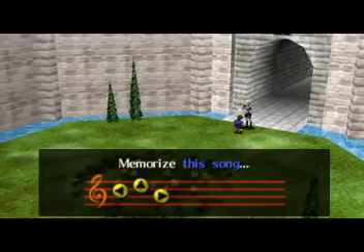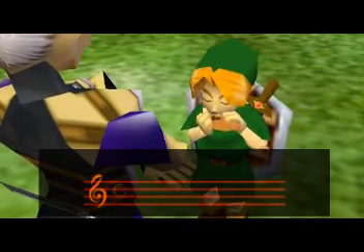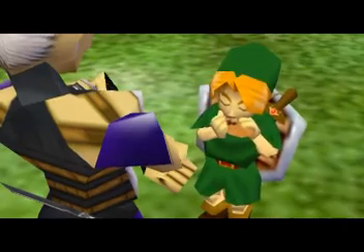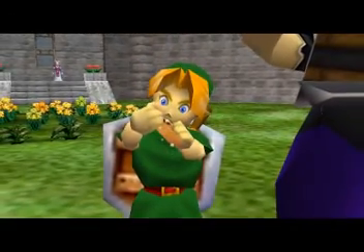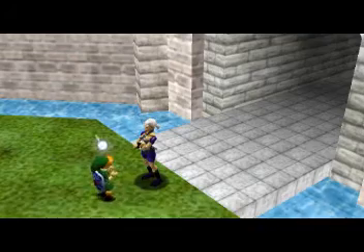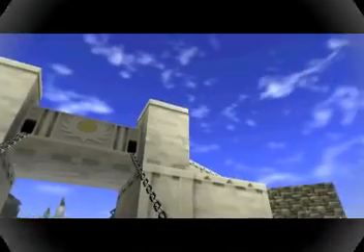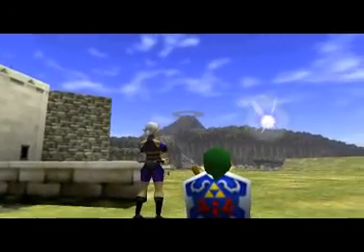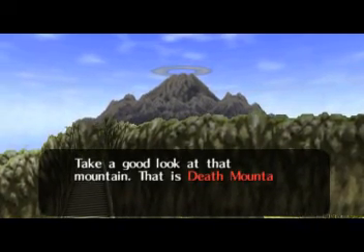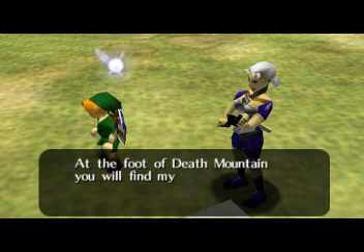Each person that teaches you a song will play it over twice, then it's your turn to play it. So you play it, then you've learned the song. So now you're back in Hyrule Field, and she's telling you to go to Kakariko, which is her hometown. She shows you Death Mountain, which is in the distance. And explains that the Goron race